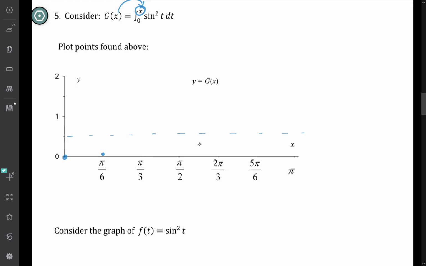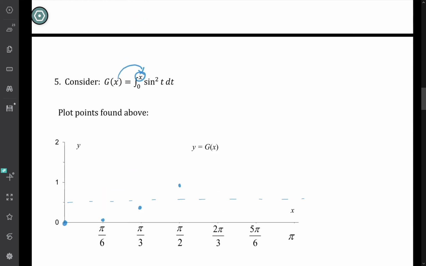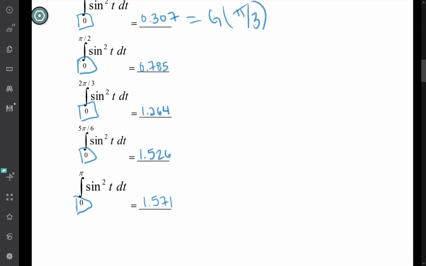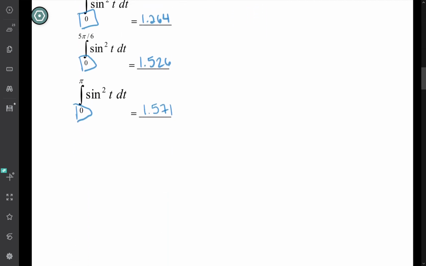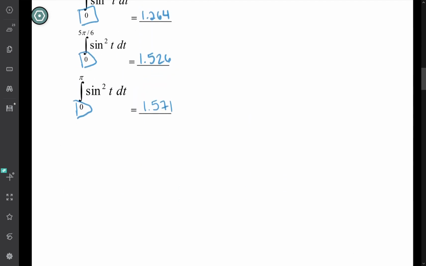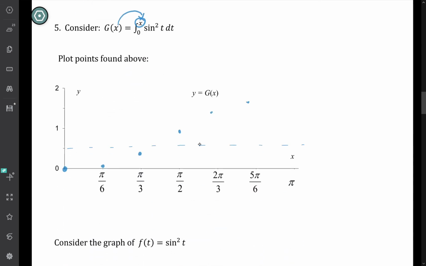I think I said 0.3, which will be a little below that, and then 0.8, which is going to be a little above that. I really wish I had a grid right now. And then 2 pi over 3, 1.26, and then a little over 1.5, and then the last one is a little bit more over 1.5, not very much, a little bit higher. This point might be a little crooked, but I think it'll work. Okay, so here's my points, and if I connect the dots, I do get a general idea